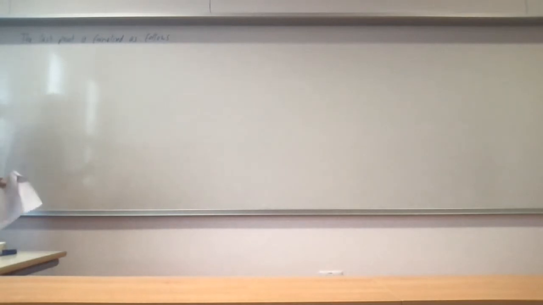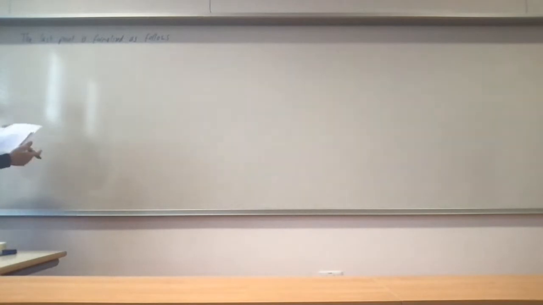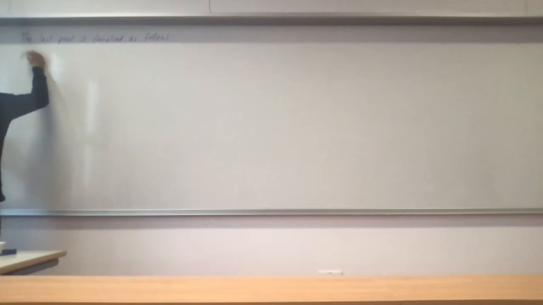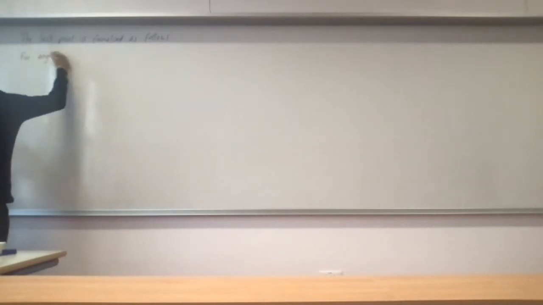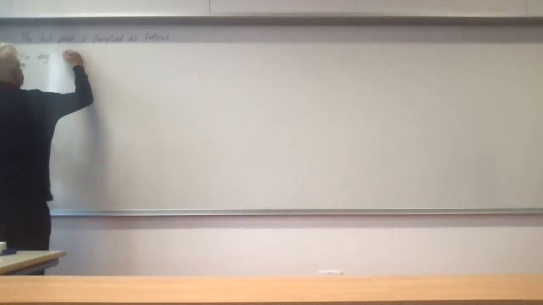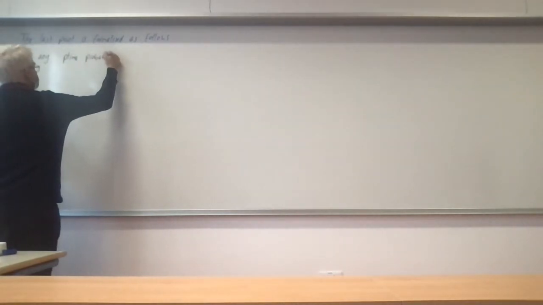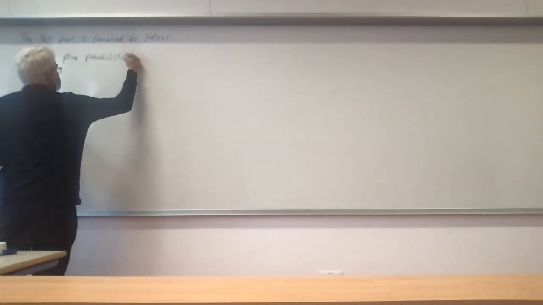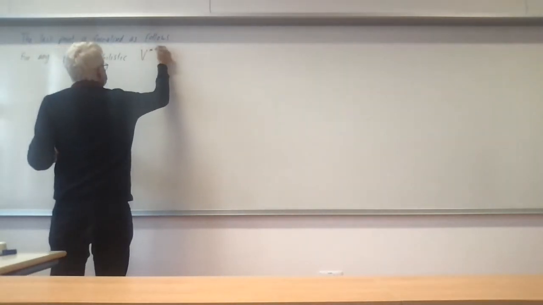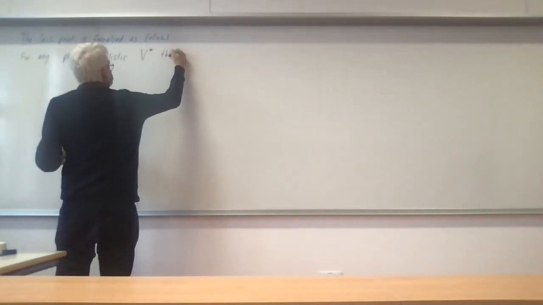Now, the one requirement we have on verifiers is that they are resource bound. They're supposed to be efficient. So the verifier will be kept polynomial time probabilistic. So for any polynomial time probabilistic V star that interacts with P,